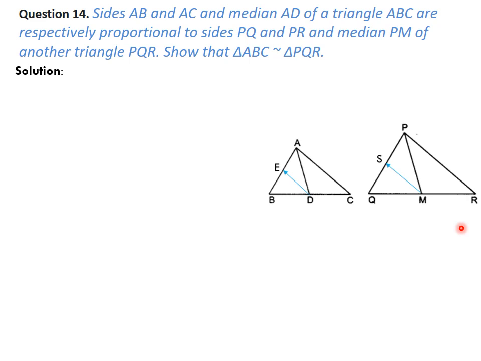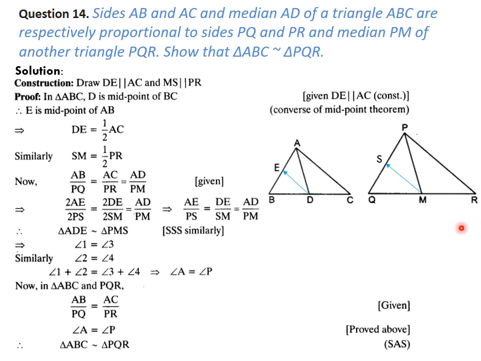So in this case, we have to draw a different construction. We cannot just prove from some particular angle. So for that, we will draw DE parallel to AC and MS parallel to PR. Now, by converse of midpoint theorem, we can say that since DE is at the midpoint of BC, as AD